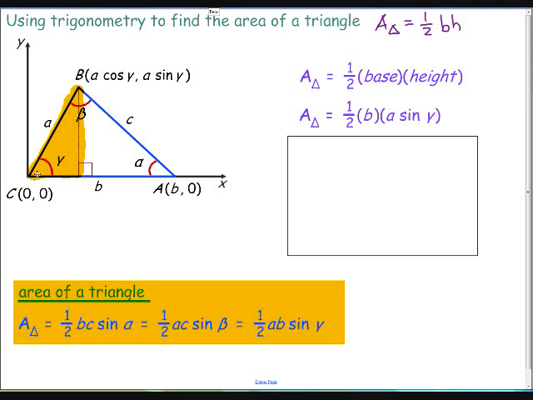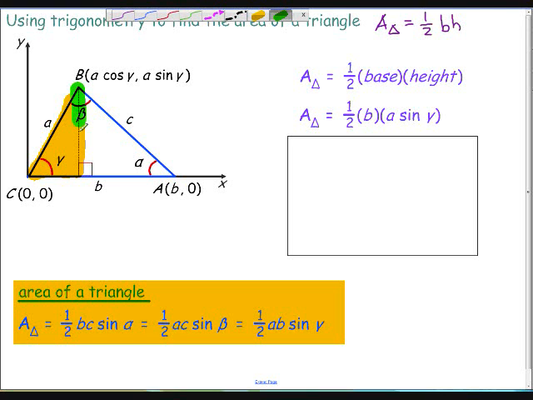And we can say that the area of the whole triangle is still 1/2 times the base. And let's say we know what B is. And let's say that we know what gamma is. And let's say we know what A is. So if we have side, angle, side, then we can use this because our height,